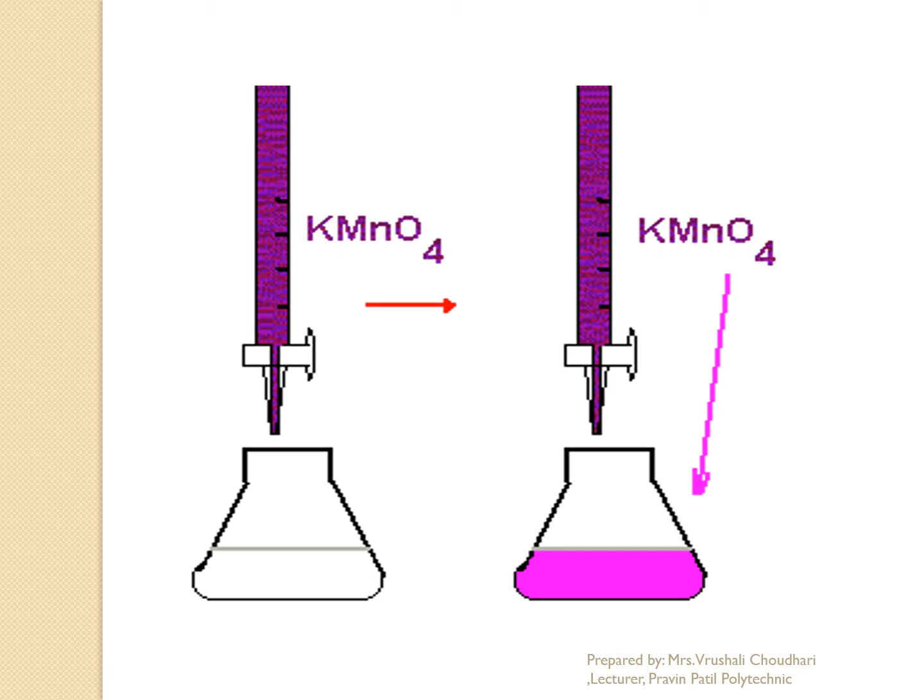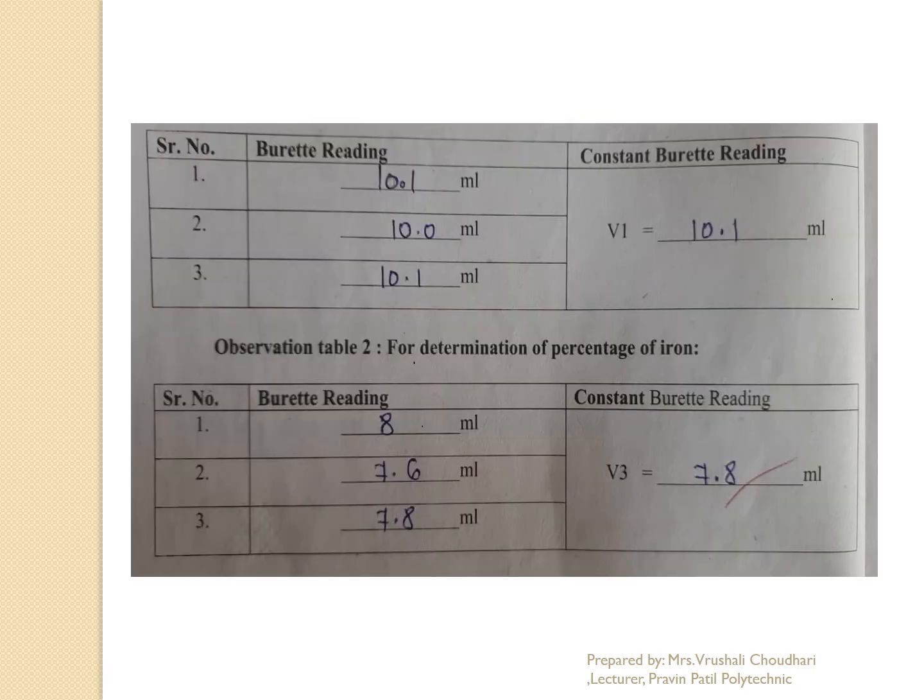See here the KMnO4 solution in a burette. In the conical flask, it is a colorless solution. But when we add KMnO4, at the end of the experiment that solution in the conical flask becomes pink, and the point where the pink color appears, जो हम लोगों को reading note down करना है. That is our burette reading. You have to note down the burette reading like this.